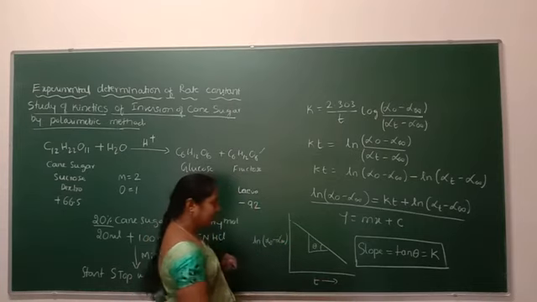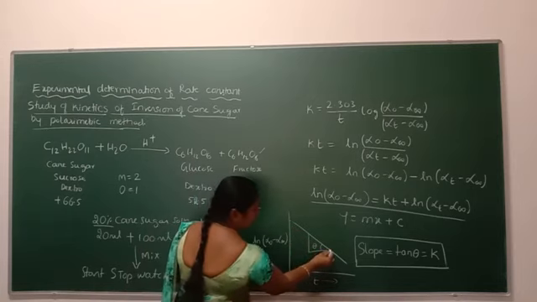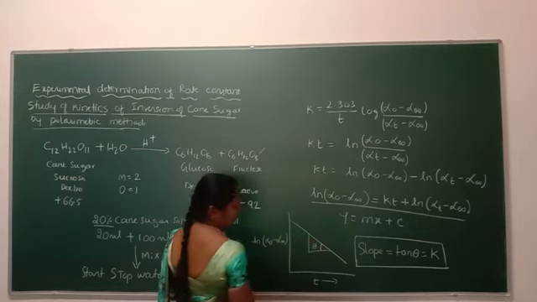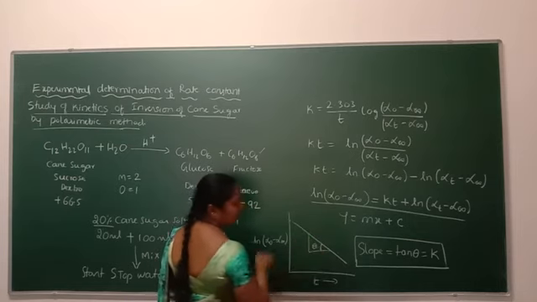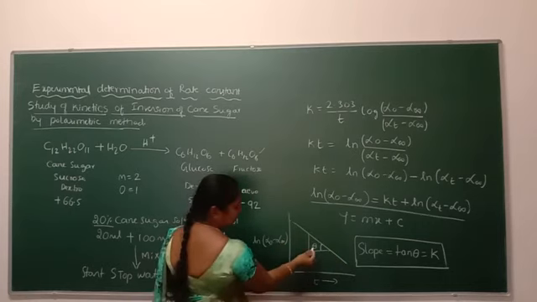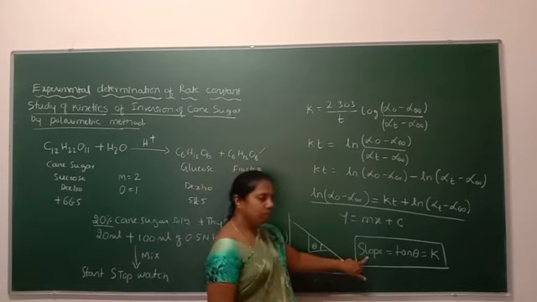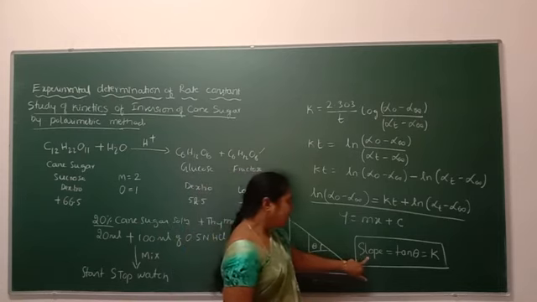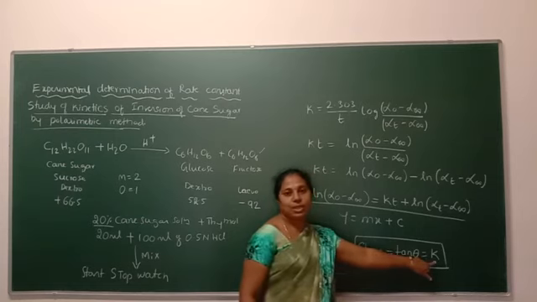against time intervals along the x-axis. We are going to get a straight line graph. So we will take the angle of inclination of this straight line, which is theta. Theta is for the angle of inclination. We will take the tan of this theta. Tan theta gives the slope of this line. So the slope of the line gives the value of tan theta, which is nothing but the value of the rate constant.